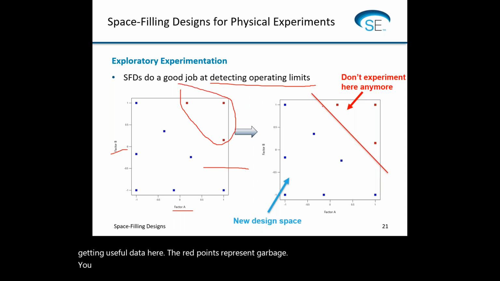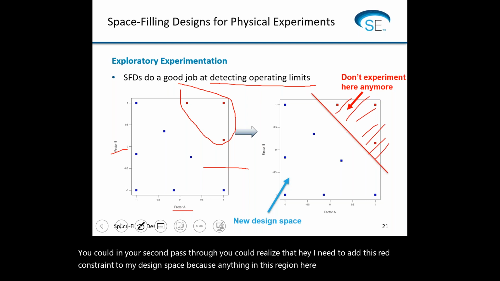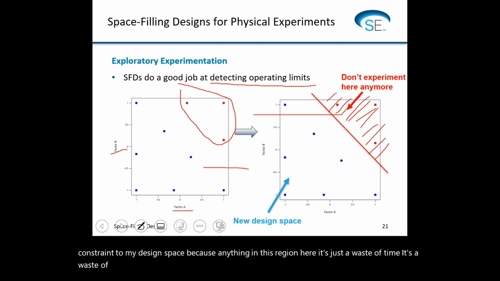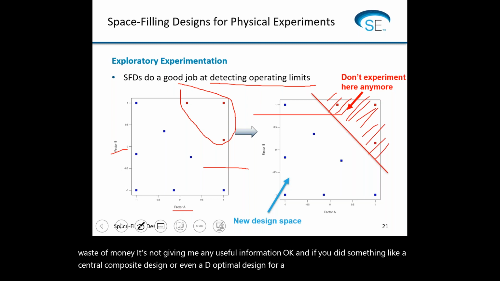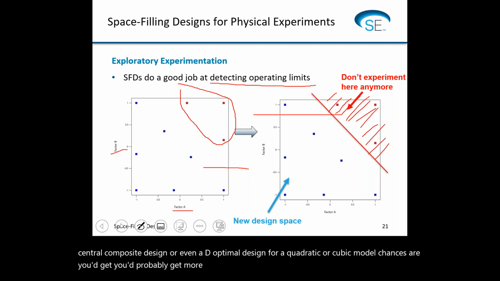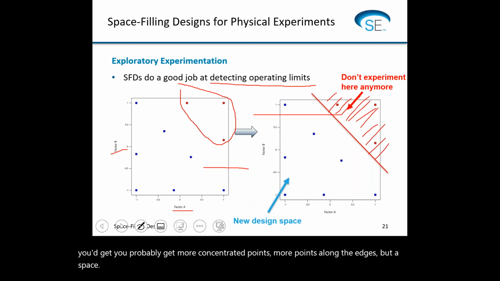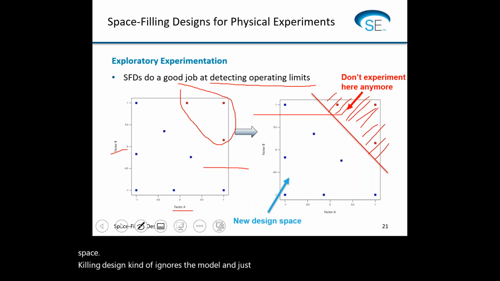In your second pass through, you could realize that, hey, I need to add this red constraint to my design space, because anything in this region here is just a waste of time. It's a waste of money. It's not giving me any useful information. Okay. And if you did something like a central composite design or even a d-optimal design for a quadratic or cubic model, chances are you'd get more concentrated points, more points along the edges. But a space filling design kind of ignores the model and just tries to spread the points out as nicely